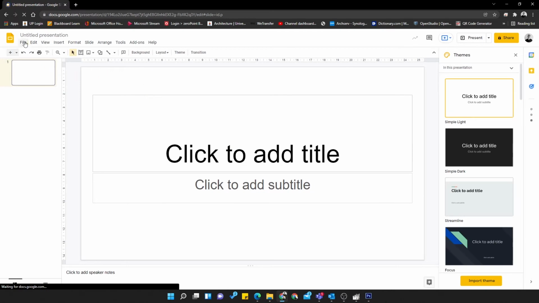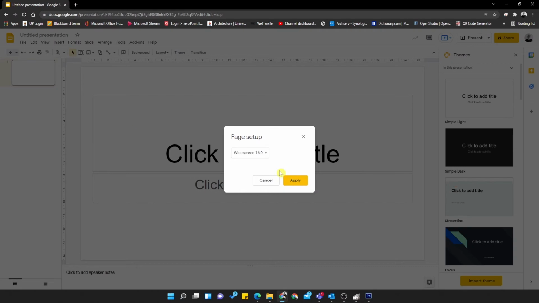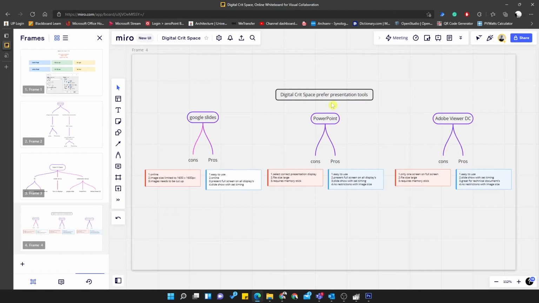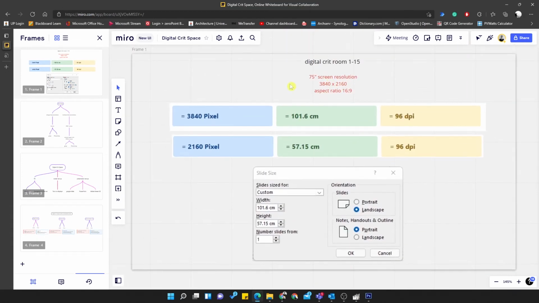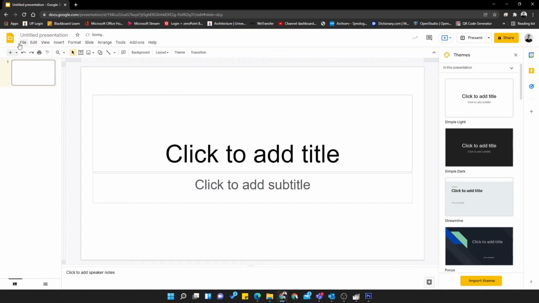The first thing you need to do is set up your page. So go to page setup. Here you can simply go to custom. Here we can change this to pixels. Now we can simply insert those. So, go back to our first slide. It's 3840 by 2160. Apply. Now if we go to page setup manager,